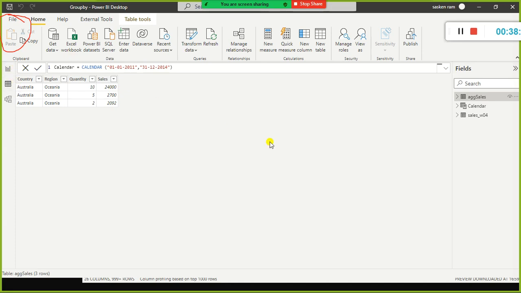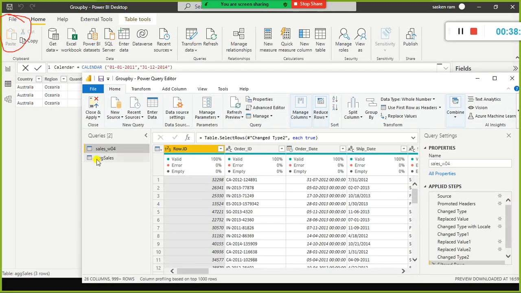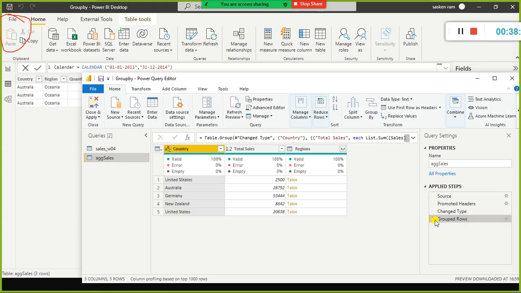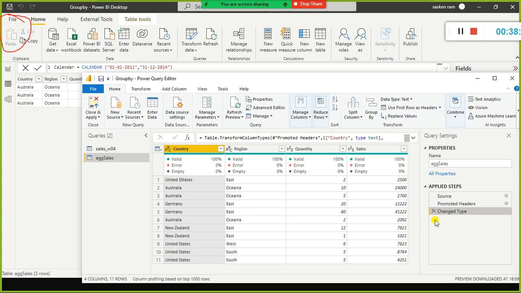Okay, here let me do one thing. This is still there. Okay, here I just remove this one. Okay, I just reverted back to the original state, and I am going to close and apply.